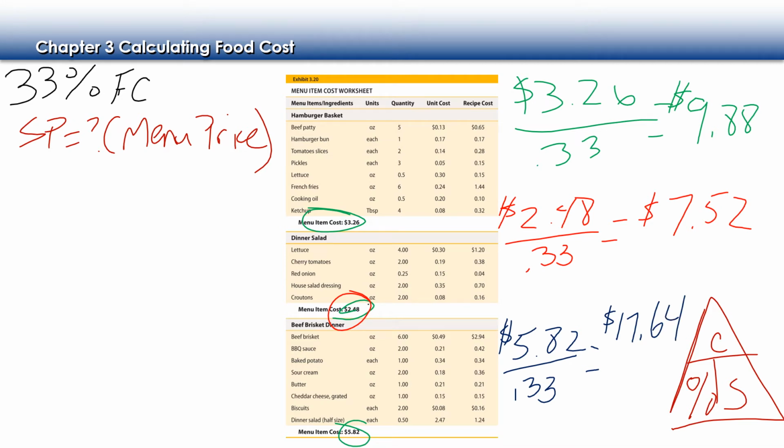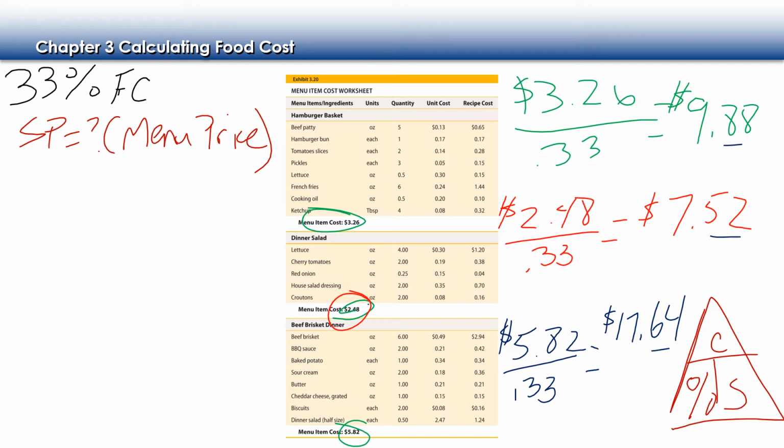All right, so as I round everything up to the nearest cent, I get $7.52 for the menu price of a dinner salad and $17.64 for the beef brisket dinner. Now, these are some very odd numbers, and so you could definitely change those. We can make that one $9.75. We can make that one $7.50. You can make the other one $17.75 or $17.95. So a variety of different ways to price, but at least this way you have a general ballpark to shoot for